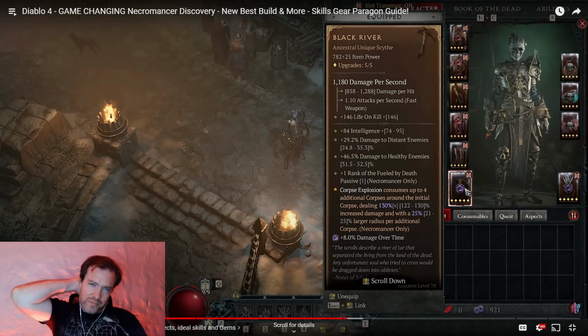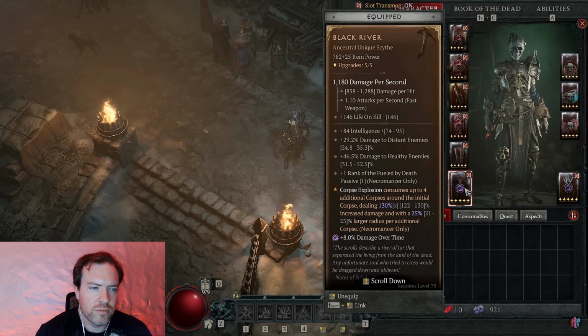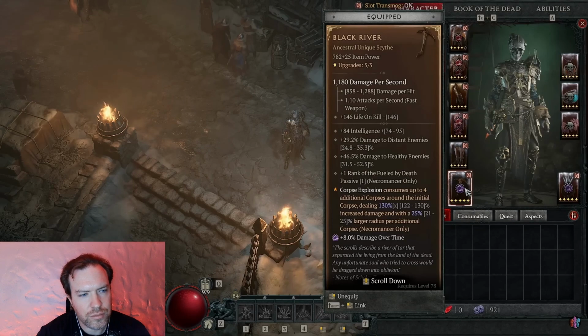Which is ultimately a really important point of this build. It's going to massively improve the damage of your corpse explosions. It's also going to increase the radius, which is a major quality of life and general DPS benefit. And because it means you consume up to 5 corpses at once, that's going to trigger the Paragon legendary node, Corpse Eater, triggering all 5 corpses at once to have that permanent massive damage increase a lot more smoothly in